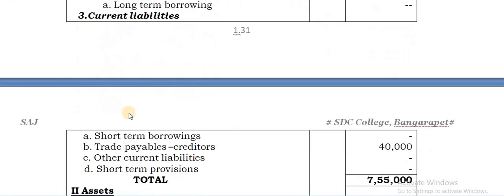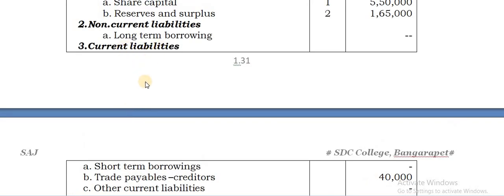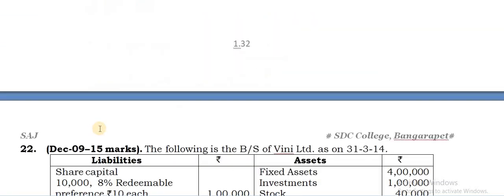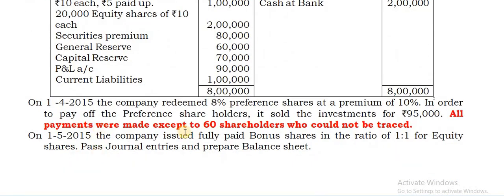So where will it be shown? It will be shown in the balance sheet under the head current liabilities. You can take that as other current liabilities. Under this particular head you can show it as amount due to the preference shareholders. Okay, so that is where you can show. Well, let us continue with the answer. So there is this special adjustment. I hope that you have understood now where and all, two places, you have to adjust this.